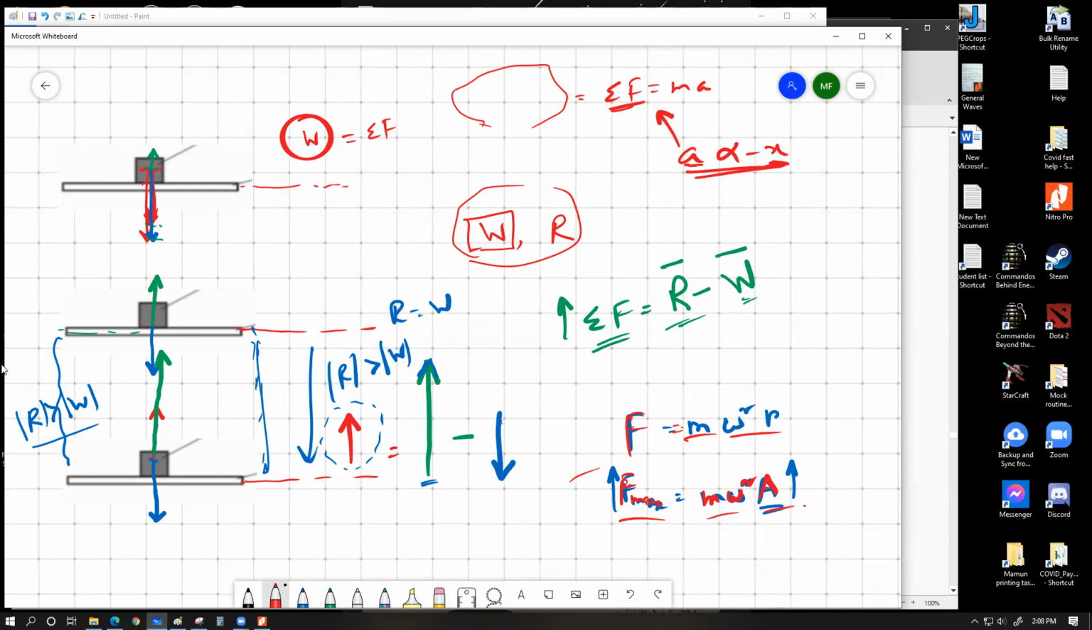Weightlessness is the scenario where you have no reaction force. You have used the weight for something else. That's why you don't have any reaction force. That's the situation that we call weightlessness. And if we have the plate oscillating, at this point, we still see the cube being in contact with the